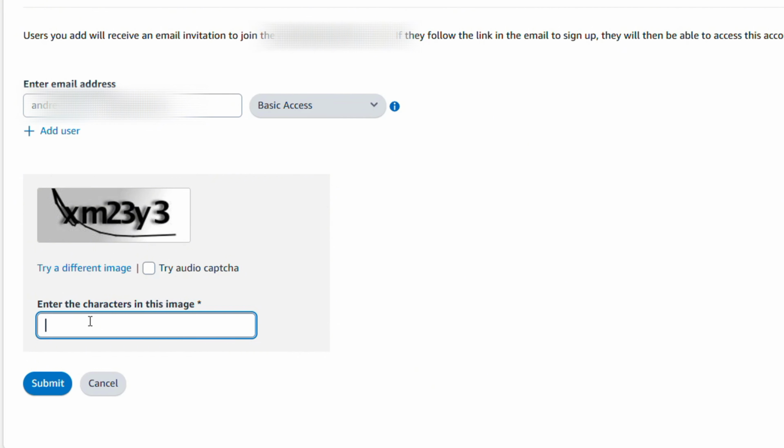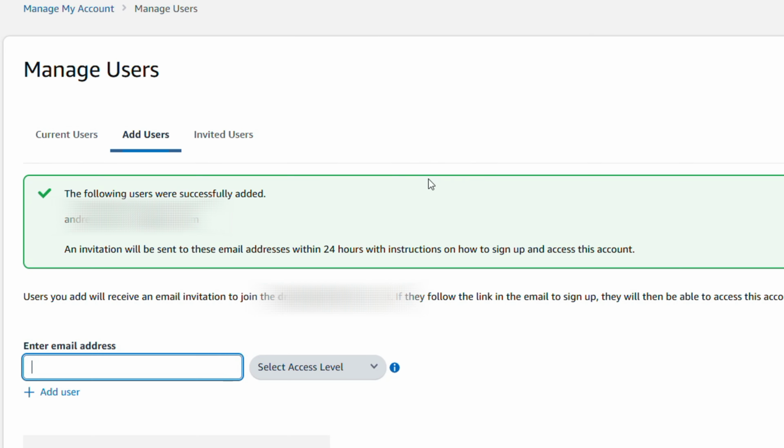Then we want to enter this captcha here, so I'm going to enter the captcha that it asks me to enter here. And once you do that, click submit, and you will see that it added the user here. It says user has been added and there's an email invite sent to that user, right? I just heard the email notification come into my phone there, and so